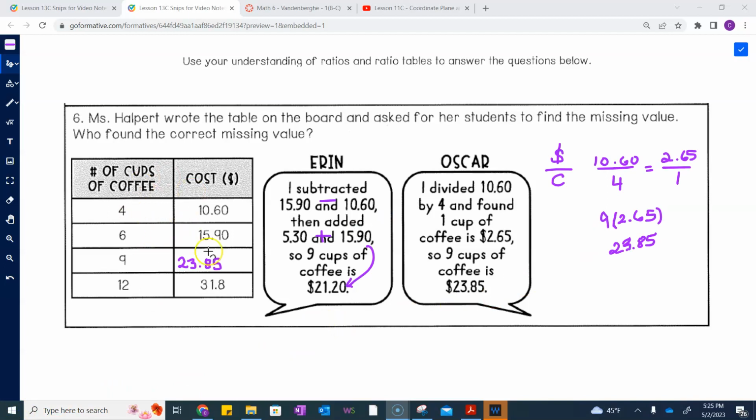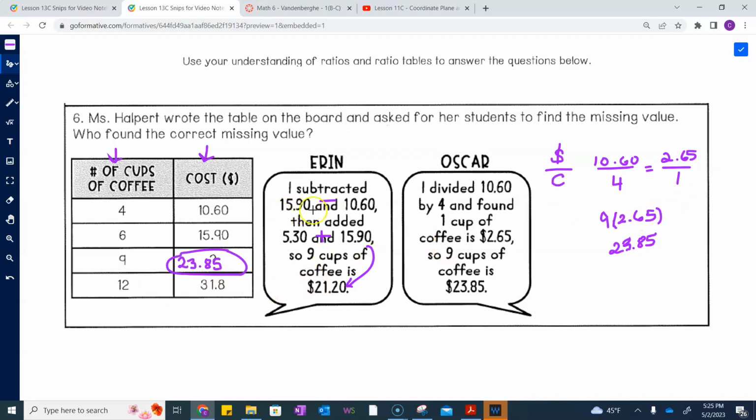So looking over at this table, I noticed there are 2 columns and we're making a comparison. And the things we're comparing are number of cups of coffee to how much that will cost. And so 4 cups cost $10.60, 6 cups cost $15.90, 9 cups, what we had to find out, and 12 cups,